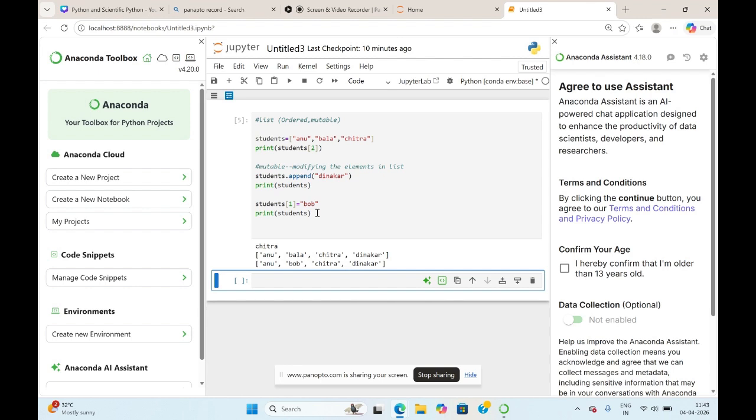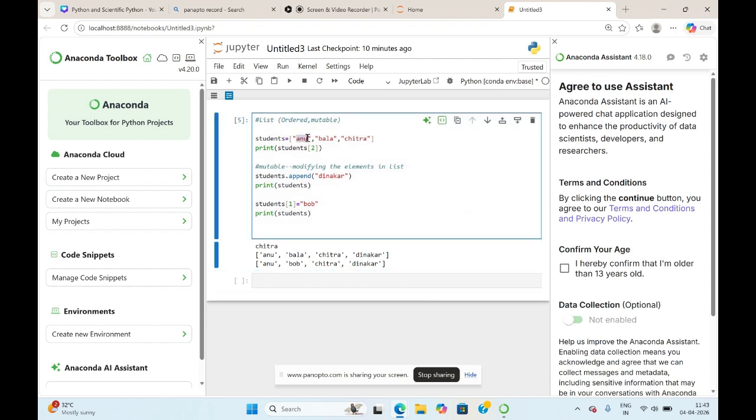Means lists are always ordered, which means it always starts from the index position number 0. Mutable in the sense we are able to change the values, and it also allows duplicates. For example, in the same list, I am creating one more girl name with the same Chitra. Means I'm duplicating the element here. So now if you could see,